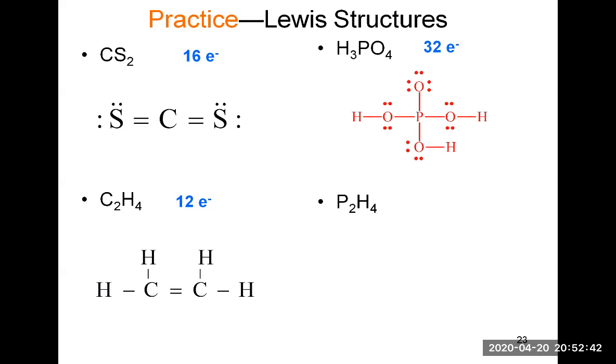And so you can see here how each oxygen is bonded to P, and each hydrogen is bonded to an oxygen. So all these single bonds, it's 1, 2, 3, 4, 5, 6, 7 single bonds times 2 electrons, it's 14 electrons. So 14 electrons in single bonds. Then you would distribute the lone pairs, and each oxygen that is bonded to a hydrogen will need only 2 lone pairs because they already have 4 electrons around them from the 2 single bonds. So these 3 oxygens use 2 lone pairs each,